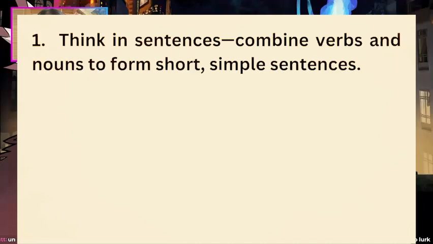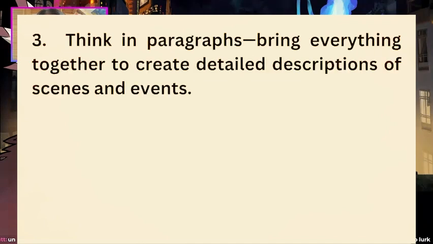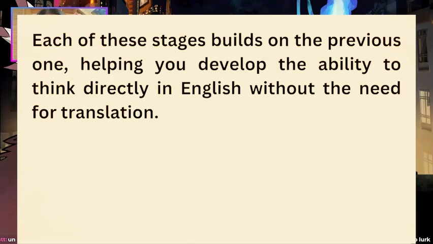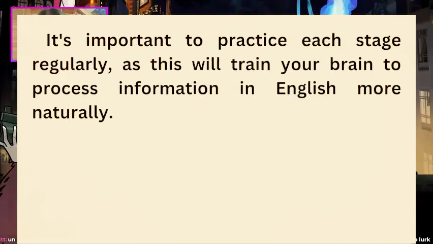3. Think in sentences. Combine verbs and nouns to form short, simple sentences. 4. Think in paragraphs. Bring everything together to create detailed descriptions of scenes and events. Each of these stages builds on the previous one, helping you develop the ability to think directly in English without the need for translation. It's important to practice each stage regularly, as this will train your brain to process information